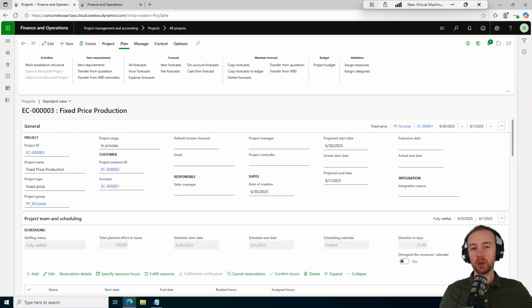In particular, we're going to be looking at what it takes to go through an entire use case for the PMA module, starting off with the project quote, moving on to creating a work breakdown structure for that quote, where we actually outline the different tasks that we're going to perform for that quote, then assigning resources to it, transferring it to a project, creating a billing rule, which is kind of like the strategy that we're going to be